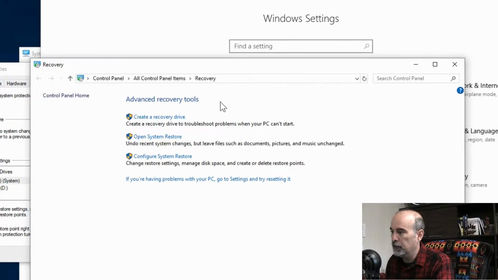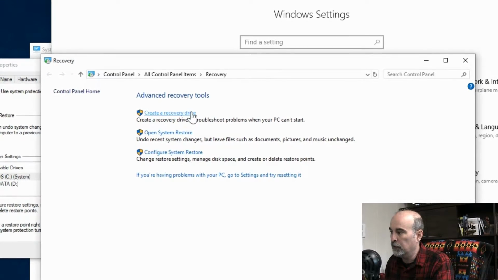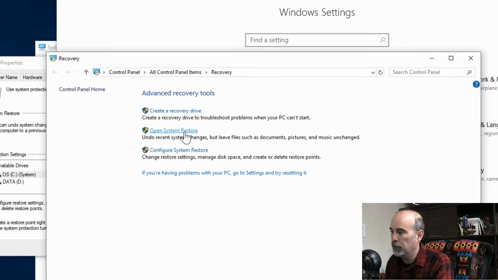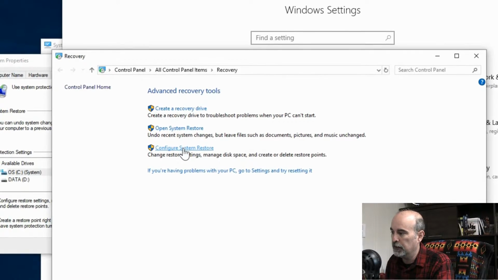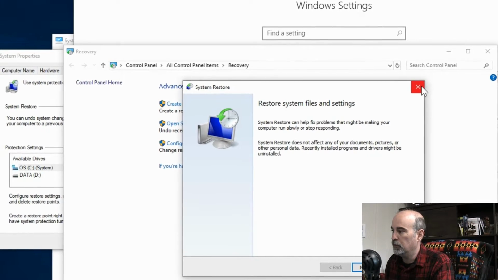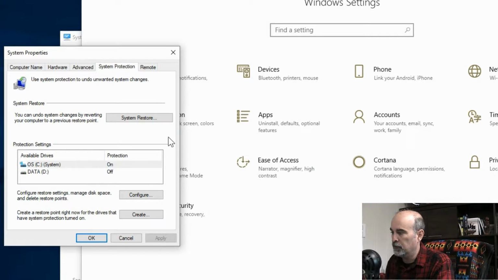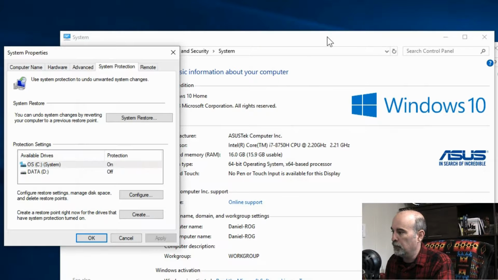But in this view it actually separates everything. So from creating the restore point, opening it to do a restore, or configuring it. But when you go into, for example, opening restore, it just goes straight into restoring, or configuring it will bring us to the other screen. So I like going through the first option, what we had, so we can see everything all in this one screen. So whichever way you get to it, you can still have access to all the features.